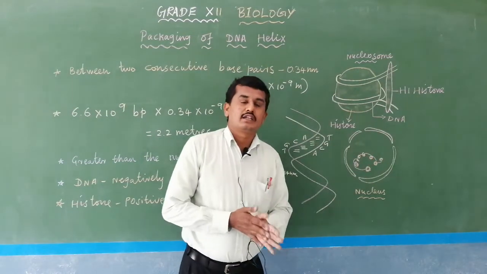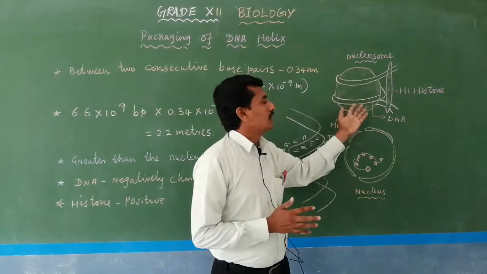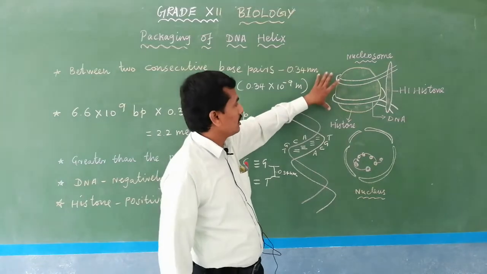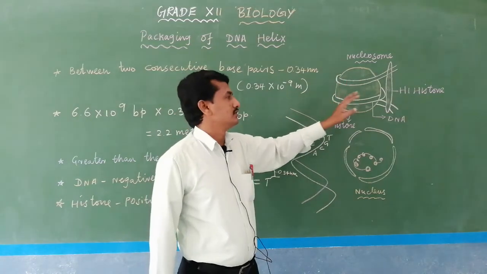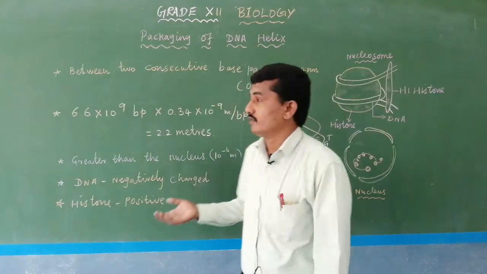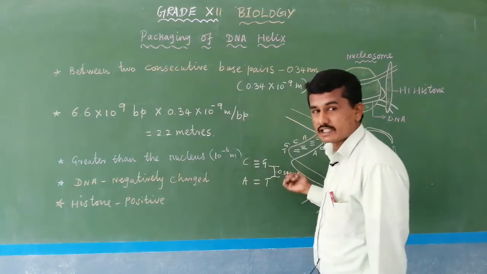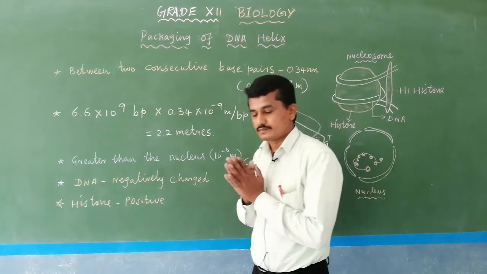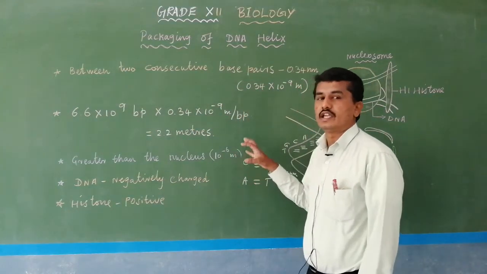When we view the nucleus under the electron microscope, the chromatin reticulum and the nucleosomes are all present like beads on strings. Here the nucleosome drawing is important for your board exam also. Draw the nucleosome and mention the parts, and how nucleosomes are packed, or maybe in a 3-mark question, how packaging of DNA helix happens in the eukaryotic cell. Here this is a eukaryotic cell; prokaryotic cells are the same, but the nucleus is not present. How the DNA is packaged inside the nucleus.